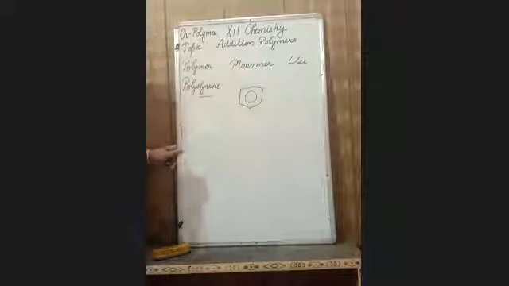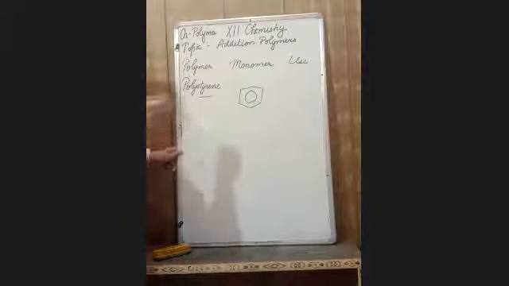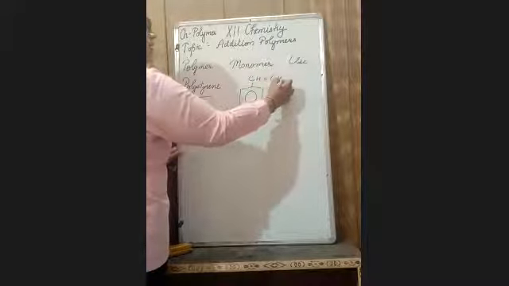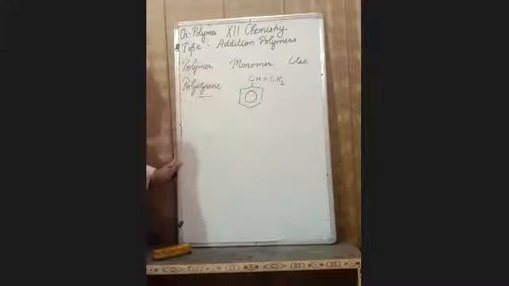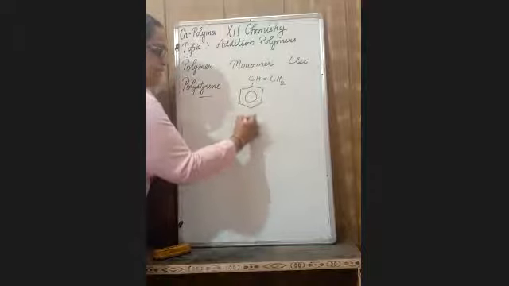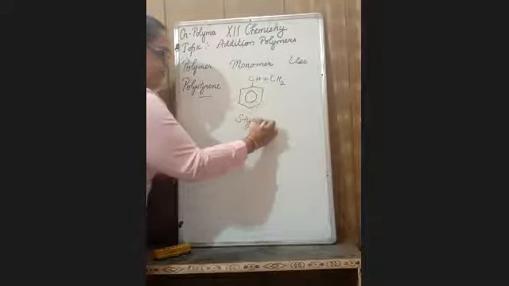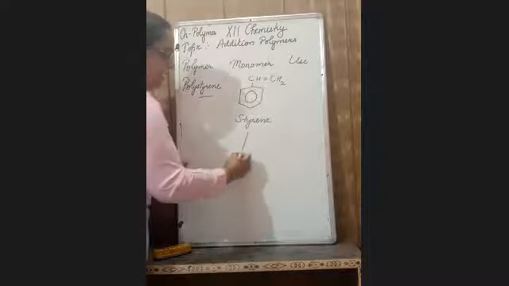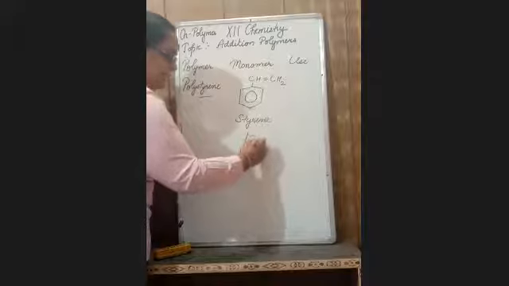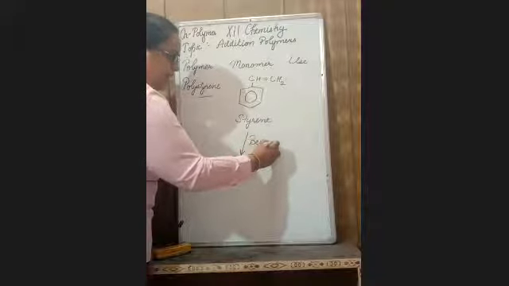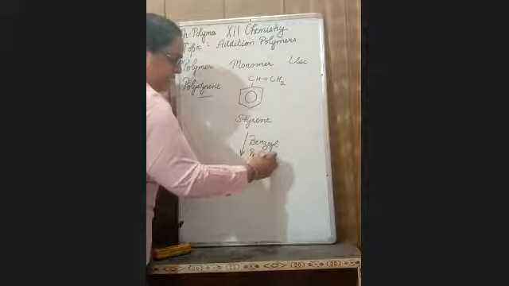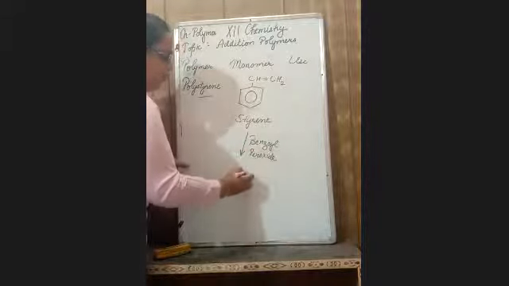It is a benzene ring with CH double bond CH2. Its monomer is known as styrene. It undergoes polymerization in the presence of benzoyl peroxide as catalyst to form